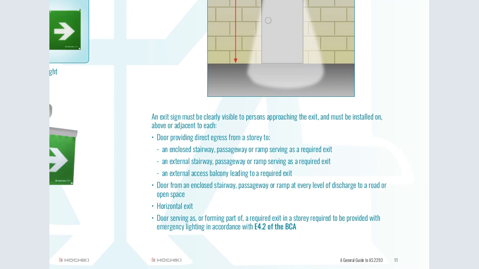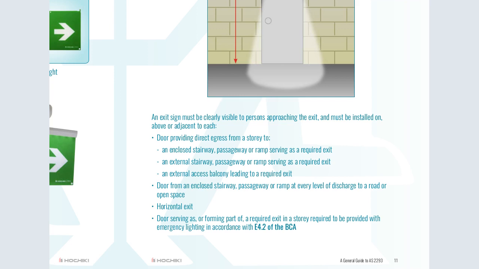An exit sign must be clearly visible to persons approaching the exit and must be installed on or above the door. Adjacent to each other. Now, a door providing direct ingress from a storage, an enclosed stairway, that is passageway, or the ramp serving as a required exit. So wherever there is an exit, that is where it should be placed. And then an external stairway, that is passageway or ramp,